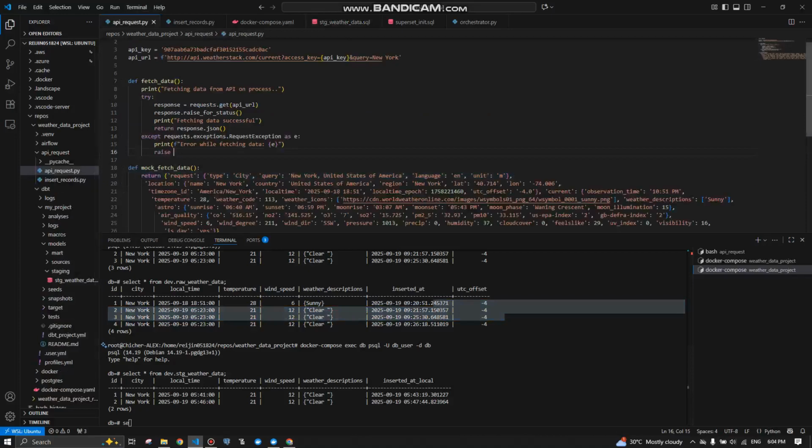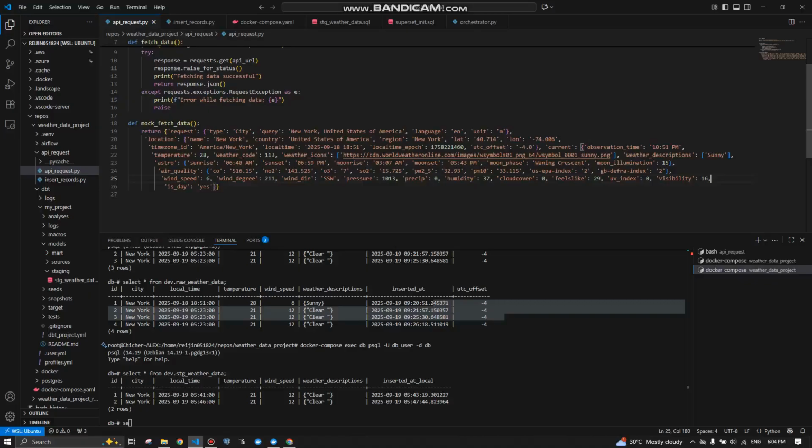From the API request, this is the data that I get. I just manually picked some columns here, like the city's name, then latitude, then local time, UTC offset, then temperature, like that.